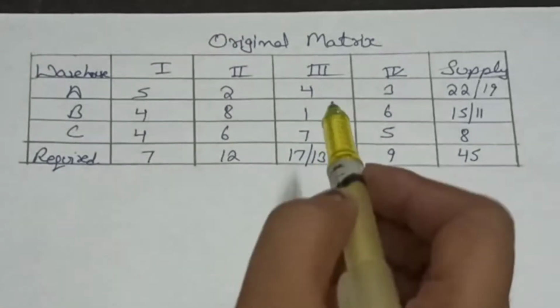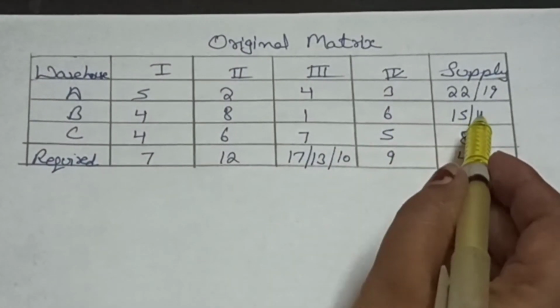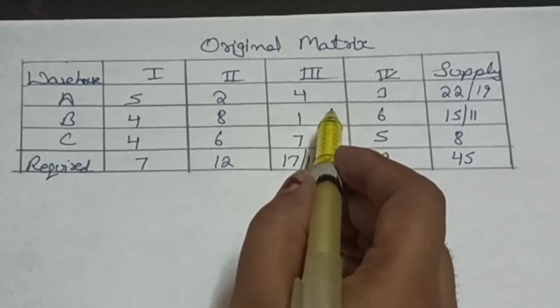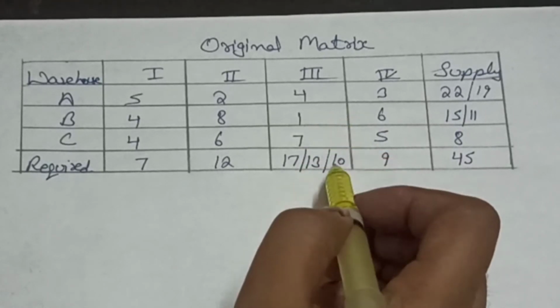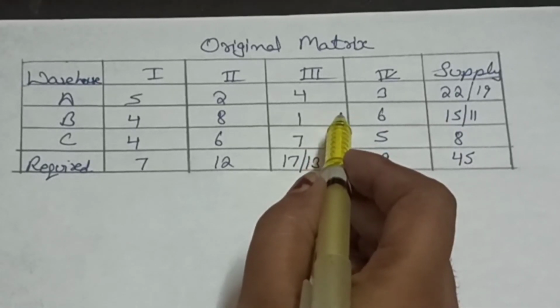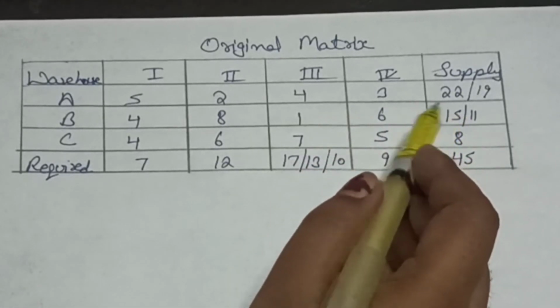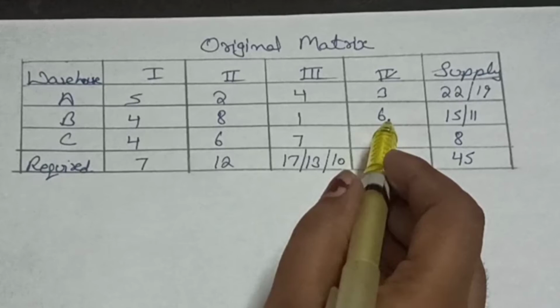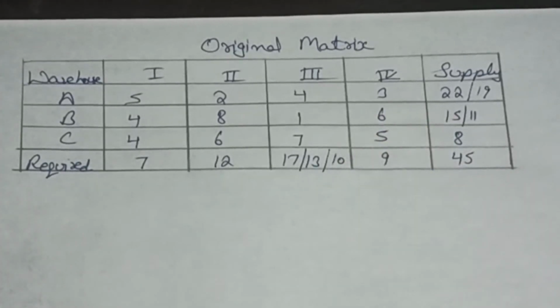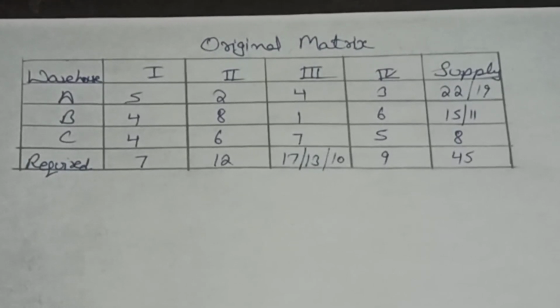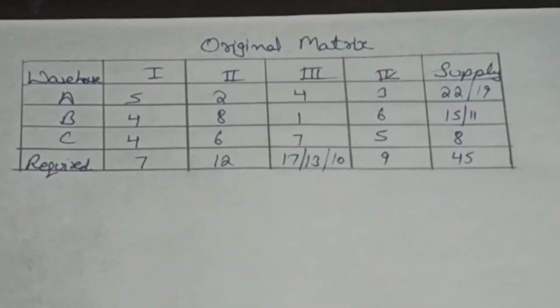Students, you can see here we have 10 and here we have 11. So in the old matrix here we have 11. So we can't give it to 10 because if we write here 10 then here we have 11 and our solution will not match. So we will find our allocations for this cell. So students, now we will use our Vogel's approximation method to find the solution.